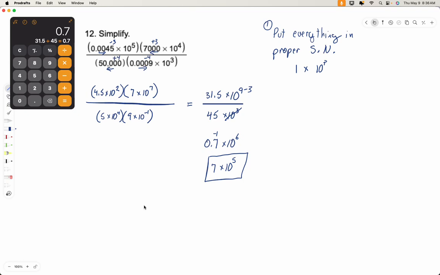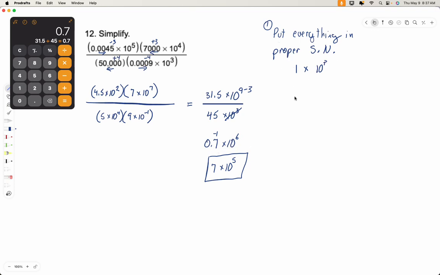All right. You can readjust these as you go if you want to. If you wanted to move this up and make that 4.5 and move this up and make that 3.15, you could, and you would get the same answer. But to me, it is a wasted step because you have to readjust at the end anyway. So just go ahead and divide whatever the numbers are and then fix the answer into proper scientific notation.